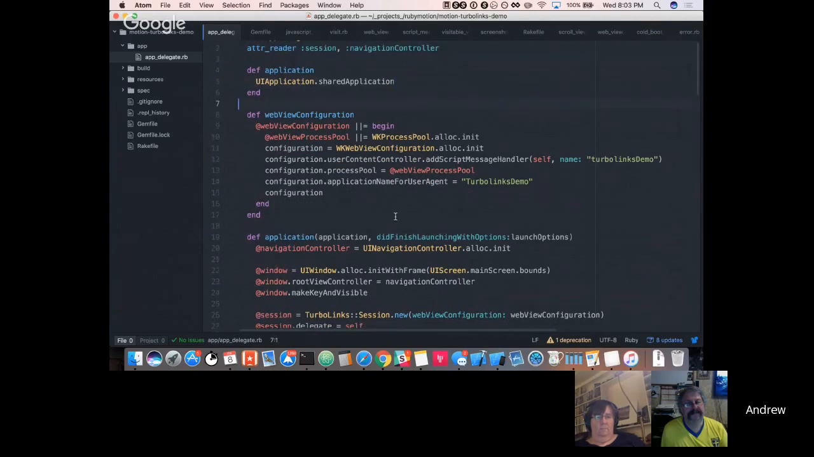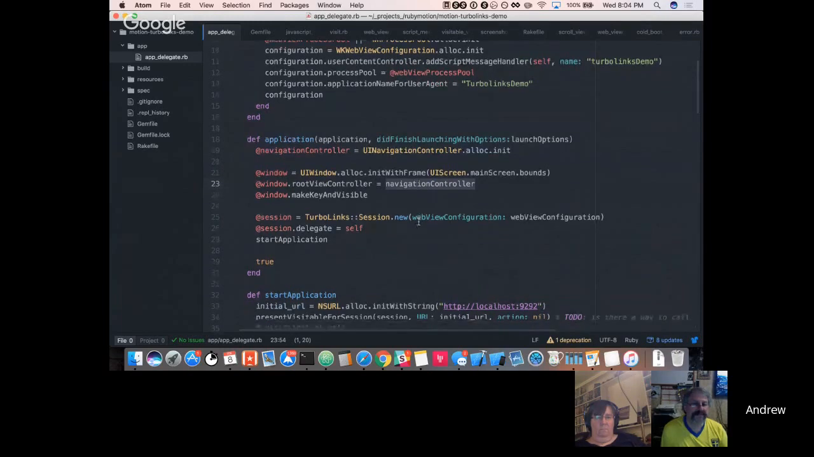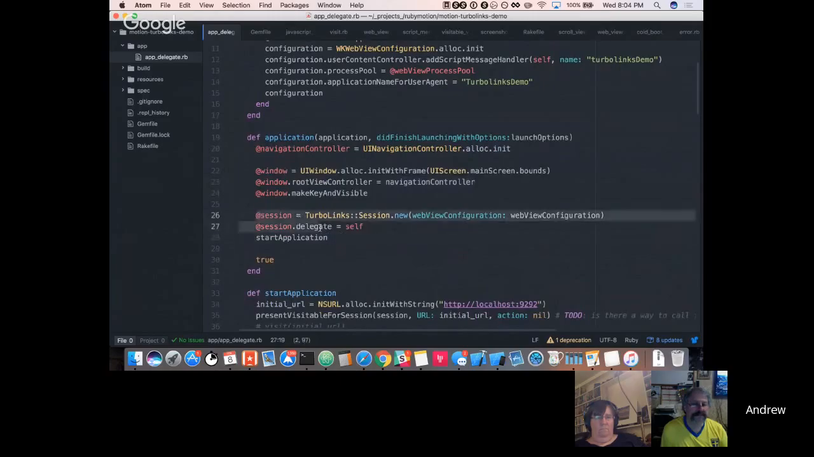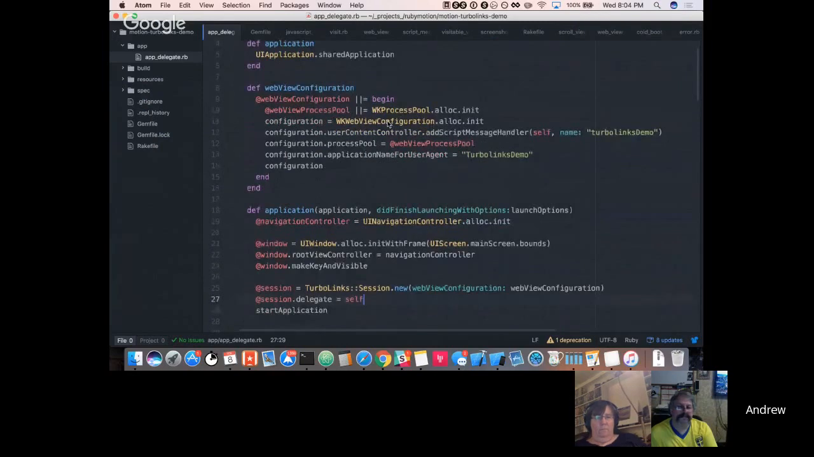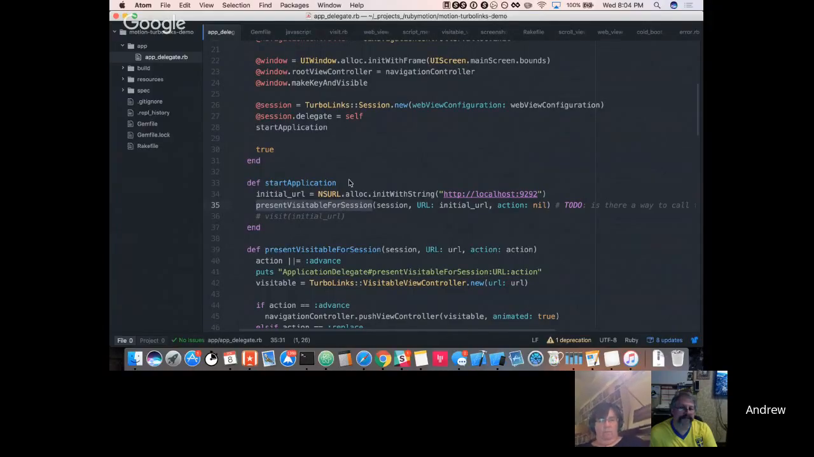Moved into the gem, but essentially our application didn't finish launching. Setting up a navigation controller, setting the root view controller as our navigation controller. This TurboLinks session. So starting this session is the piece of this, and then we call start application after that, which a visitable, which is basically a web view for the session, which is running on